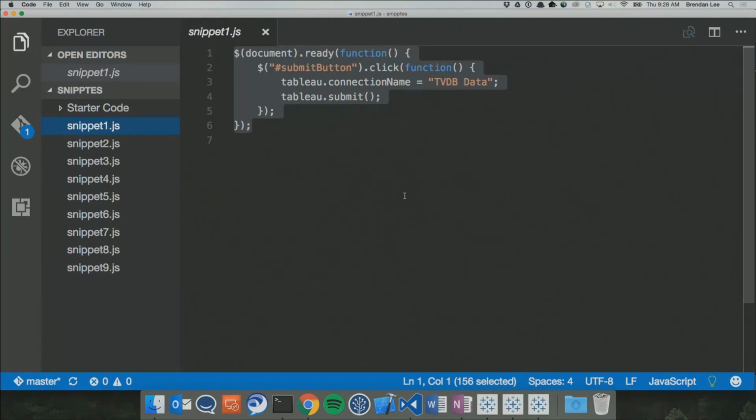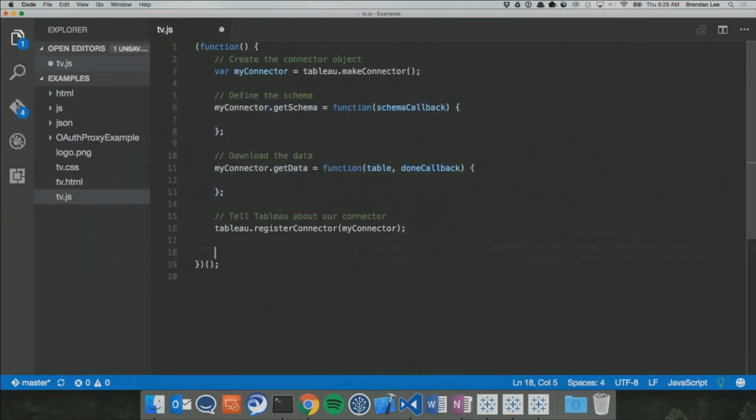So what I'm going to do is add some on-click functionality to that button. And inside that on-click function, I'm going to call this function called Tableau.submit. And all that does is it just says, hey, Tableau, let's move on to the gather data phase. If you haven't done much with JavaScript, this might look a little funky, but there's not too much going on here. We're just saying every time this button is clicked, do something. I'm further wrapping that in a document.ready function. And all this does is it ensures that every time our web page is loaded, this code is going to execute. So I'm going to take this and copy it into our connector.